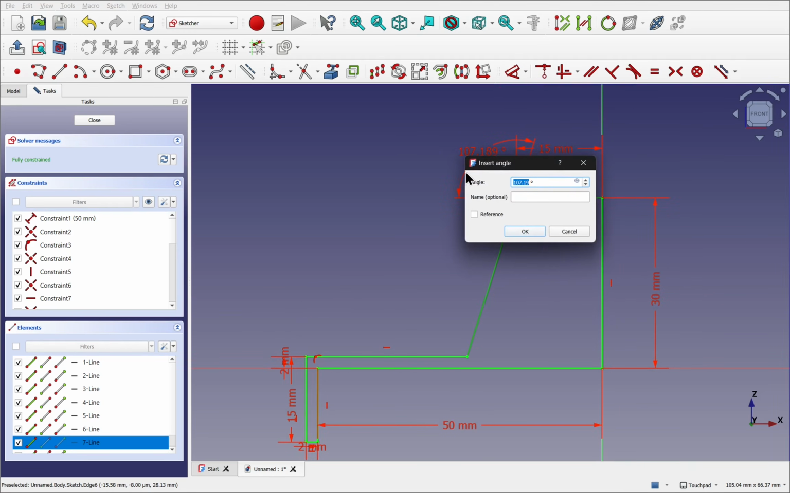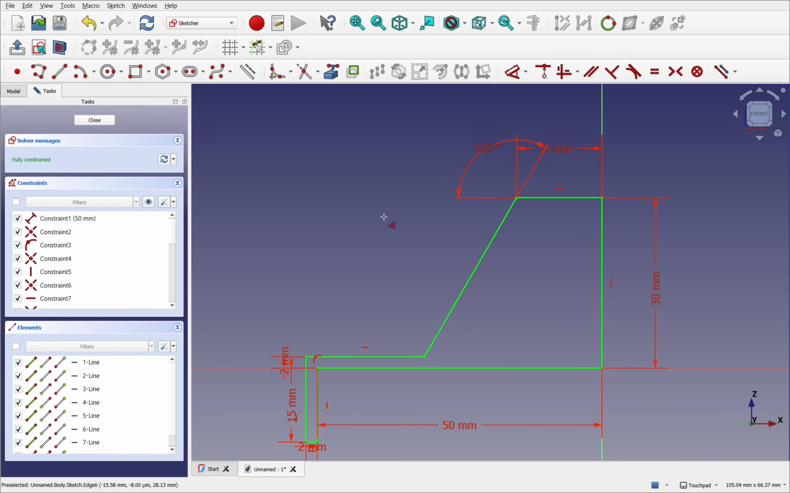Click and set this to 120 degrees. We are now fully constrained. If we revolve this now, we will have all of this space in here solid. To save on the material, say if we 3D printed this, I'm going to add some more geometry